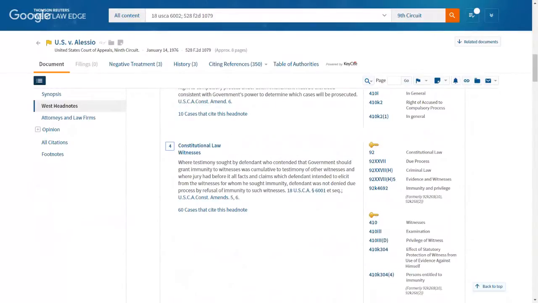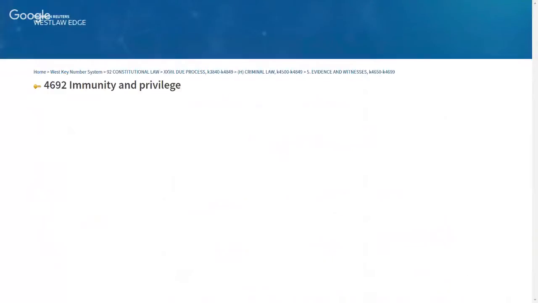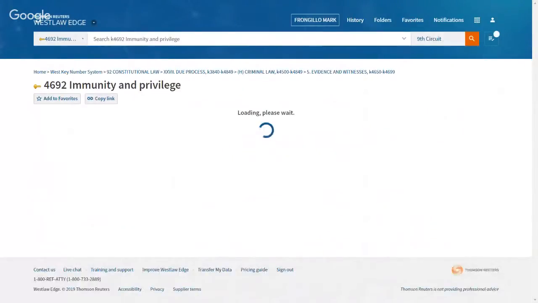This particular point of law has been classified to the topic constitutional law, subtopic due process, until we get down to that last particular entry, which is immunity and privilege. This is such a precise and good topic and key number for your issue, 92K4692, that I would strongly recommend running a search on that precise point of law, because when you do, you'll